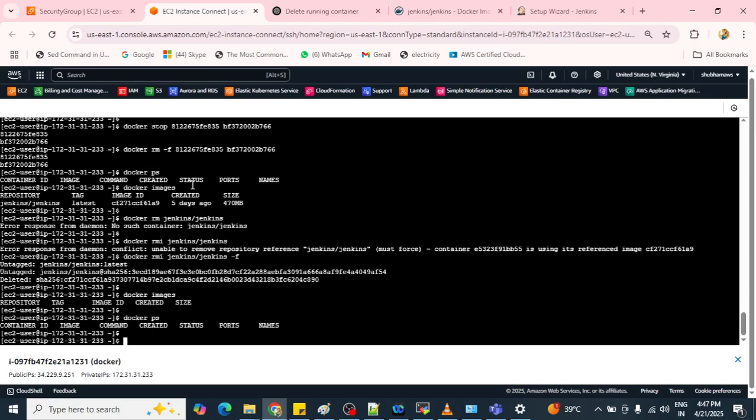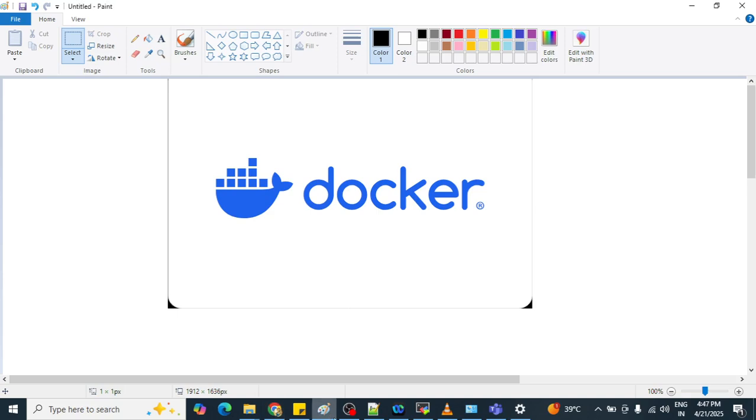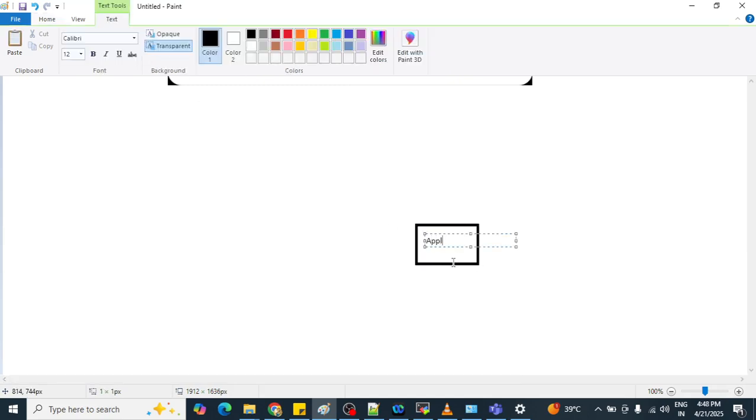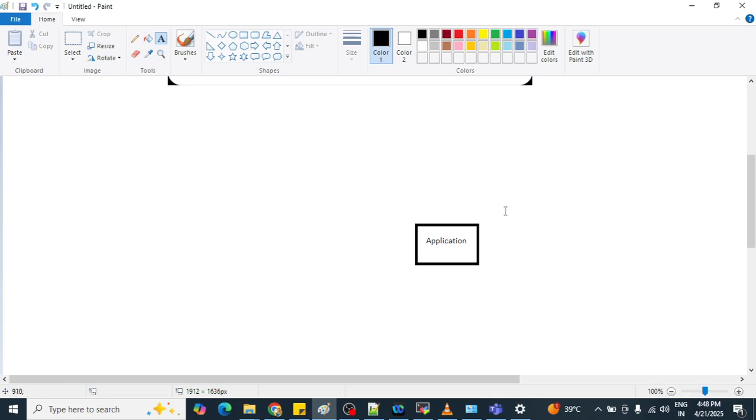Let me try to explain it with the help of Paint. Suppose you have one application. That is your application, and it will be there inside your container.